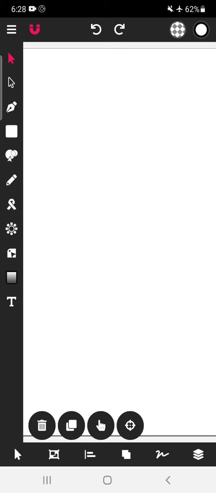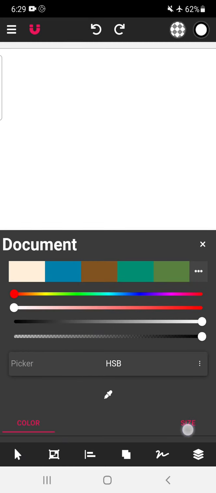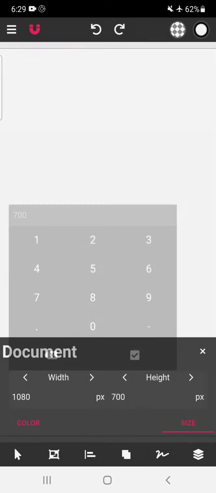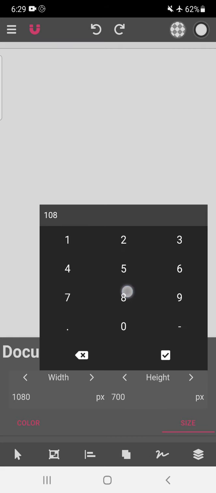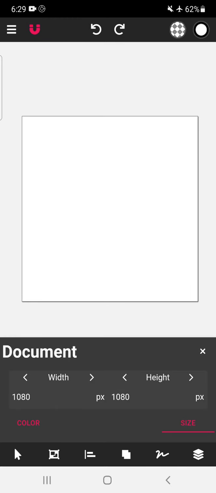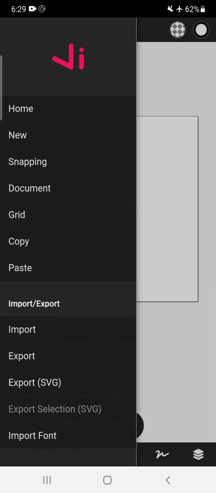First, let's adjust the size of the document. Size, make it 1080 by 1080 so that we get more area to work on. Now let's activate the grid option.